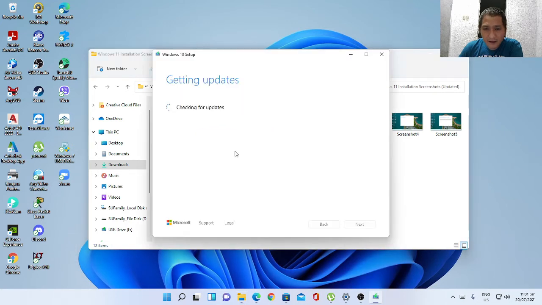You see, it's getting updates, and it will check, making sure everything is okay, checking for PC requirements. It will go smoothly as it can be up to the last window saying